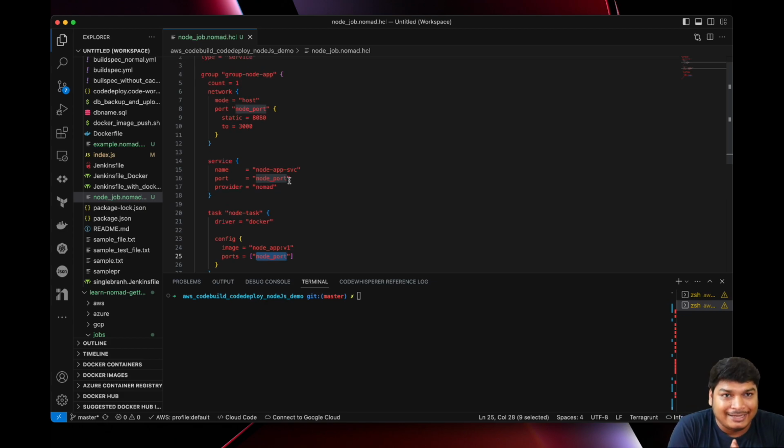Now let me quickly run it, and then I will explain the architecture, and then we'll go through that way. First, let me run this application. To run, we'll use nomad job run, followed by the job file name, which here is node_job.nomad.hcl. So we'll simply run nomad job run with that job file name, and it will automatically create and start the container. It will do all these things for us. Okay, so let's run it